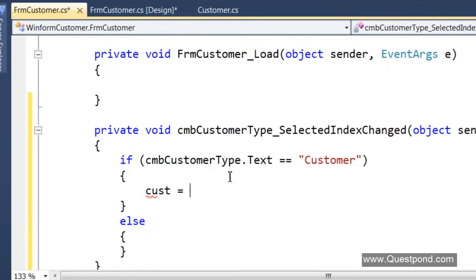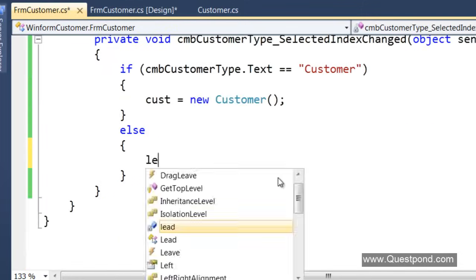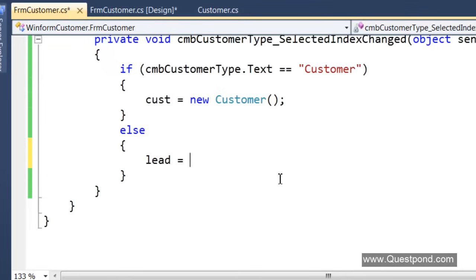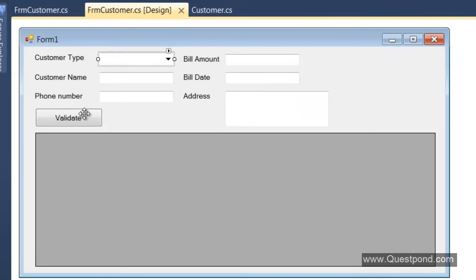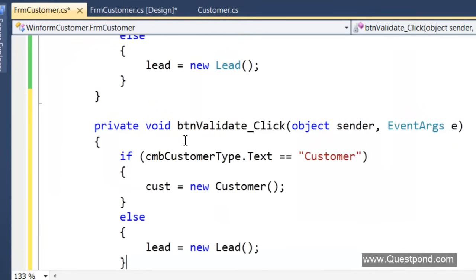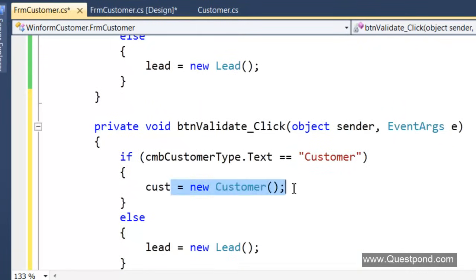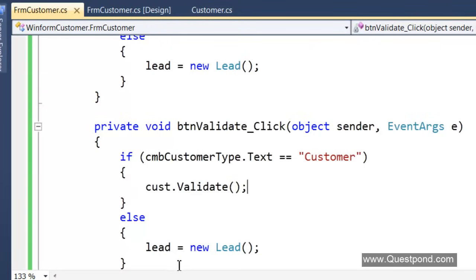So I'll say here cust is equal to new customer, or else create the object of lead, right? And in the validate button, again depending on what is selected, I will either call the validate of the customer, or I will call the validate of the lead.